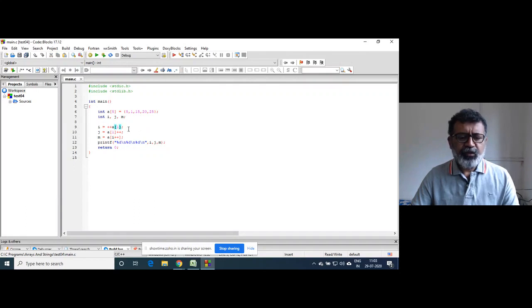A of 1, that is the second element of an array. So this element A of 1 is incremented, right? Since that is the prefix increment operator, and this is 1, 2 will be stored in I.